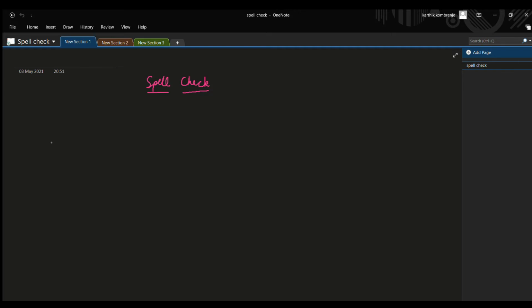Hello guys, so today we will be doing a program to demonstrate the spell check. So what is a spell check? Basically it is going to check the spelling if it is right or wrong. If the spelling is right, it will print that the spelling is right, and if it is wrong, it will give various suggestions of what the spelling could have been.